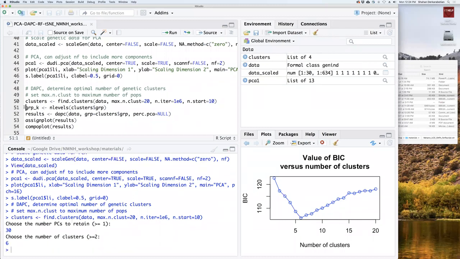This variable is stored. Can I ask a quick question? Yeah. So when you're choosing your max M clusters, how do you decide on that? Just because I've used different numbers there and gotten really different results for DAPC. In this particular data set, I do not see much difference.